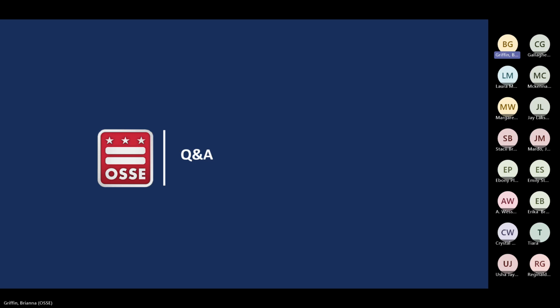So the first question I received was, what percentage of early childhood students will make an LEA eligible for the early childhood grant? So the answer to that is an LEA must serve at least 40% of early childhood students, meaning their total enrollment at the LEA must be at least 40% 3- and 4-year-olds in order to become eligible for the early childhood grant.